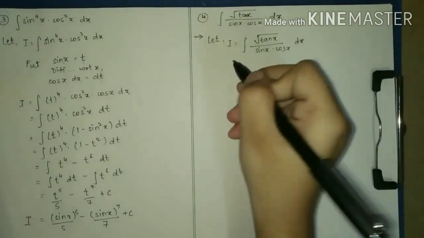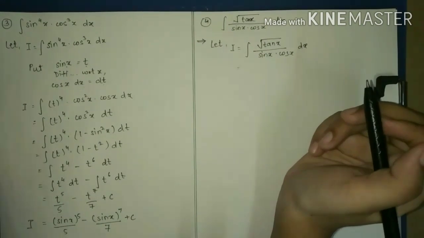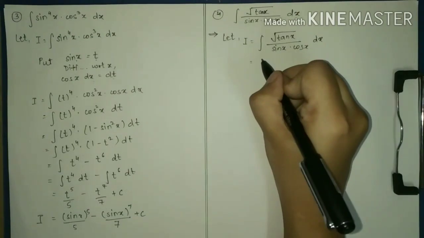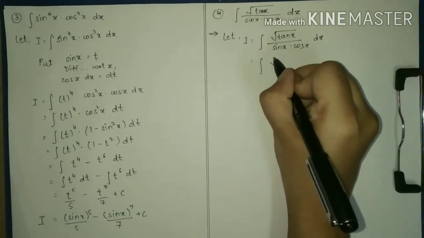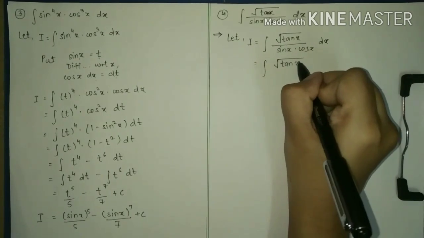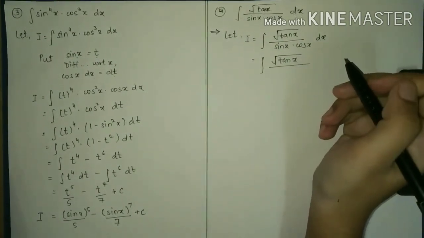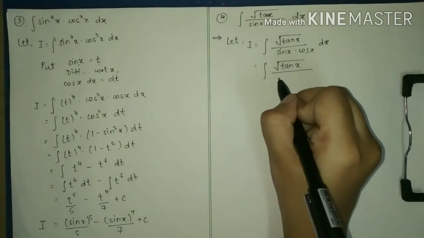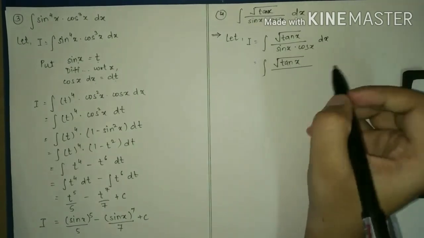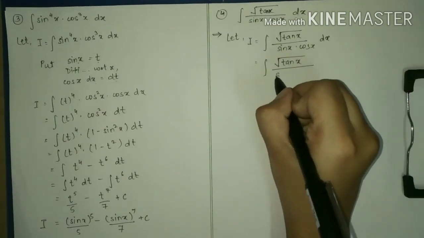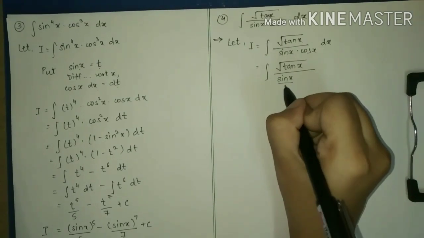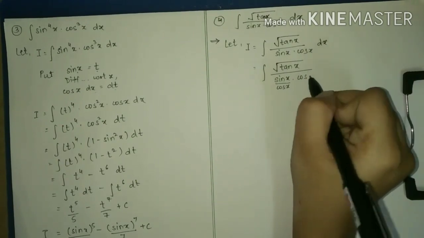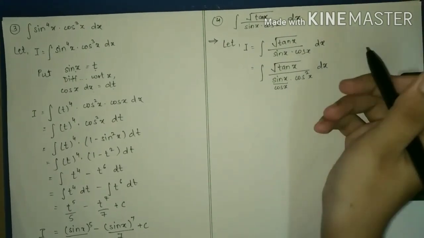So let's begin. First we are not going to use any method here. We are going to just manipulate the question to bring it in the form of a result that we have. So we have root tan x. We know somehow we have to get secant x so that we can solve this sum easily. So let's convert this whole into tan and secant x. So sin x, I am going to divide here by cos x and multiply again by cos x. So cos x into cos x becomes cos square x dx.